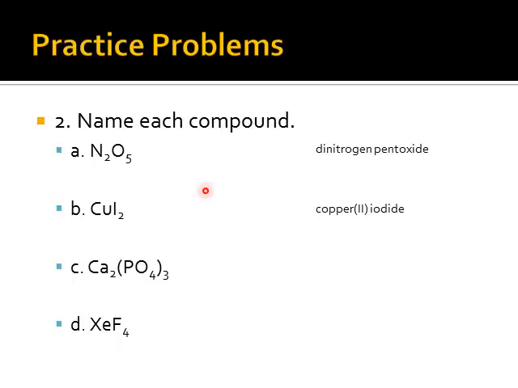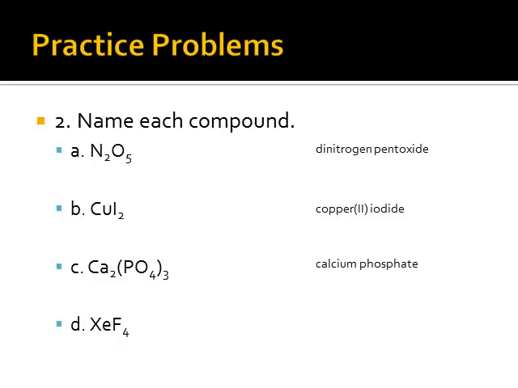Alright, next one here, we have a polyatomic ion, so that's a giveaway that it's an ionic compound. So just name the ions. Ca, that's calcium, and that's in group number 2, so that's always 2 plus. Phosphate is a polyatomic ion, so we can just name that. This is calcium phosphate. And then the last one we have here, XeF4, those are both nonmetals, so I use